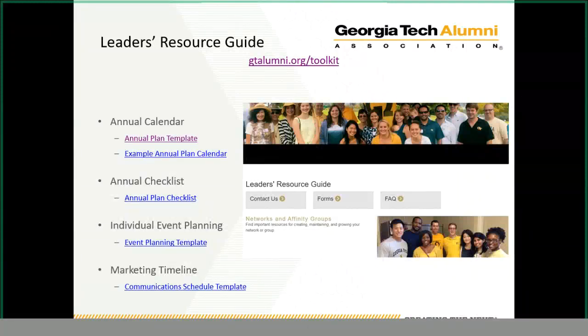Again, these are just some templates that we've created to help you with planning, but certainly feel free to tailor them to your needs or utilize other methods for your planning. We just want you to make sure that you're planning and keep track of those plans so everyone in your team is on the same page.